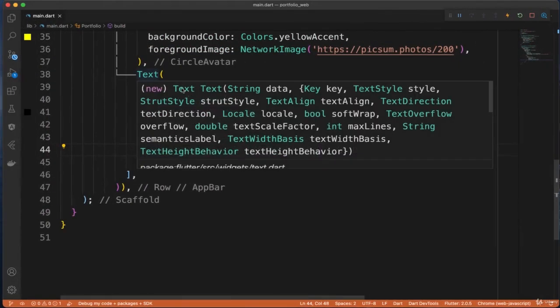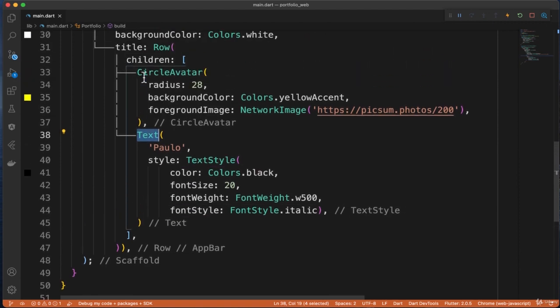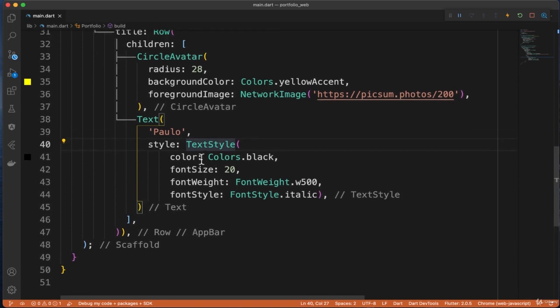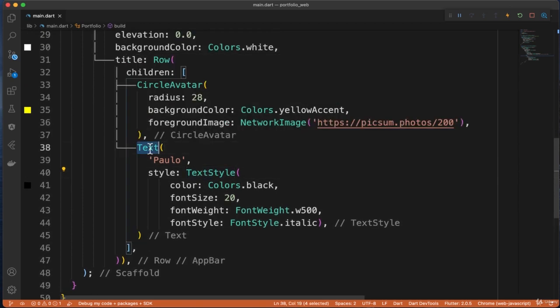Okay, it looks great, but it's too close together. What can we do to separate or to add some padding around it? Yes, as the name implied, padding. We can actually wrap any widget with a padding widget. It's very handy. Now, here's the cool thing you can do with VS Code. You click the widget that you want to wrap with another widget, and then you say Command dot or period,